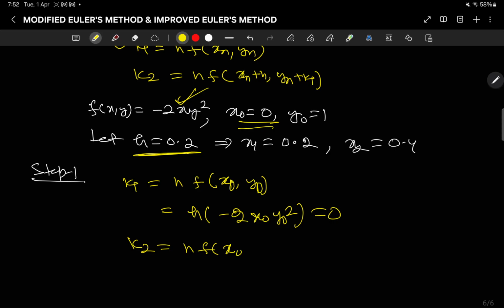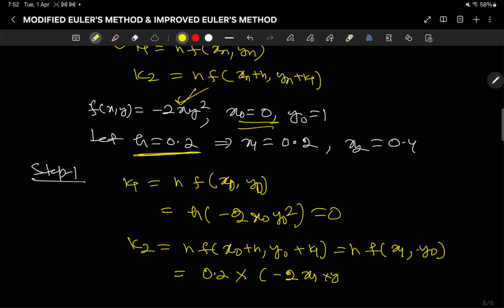Here x1 means x0 plus h, y0 plus k1. So this is equal to hf of x1, y0, because k1 is 0. So this is equal to 0.2 into minus of 2 into x1 into y0 square. So this is equal to 0.2 into minus of 2 x1, x1 is 0.2, so 0.04, into y0, y0 is 1 square. So if I simplify it, I am getting,